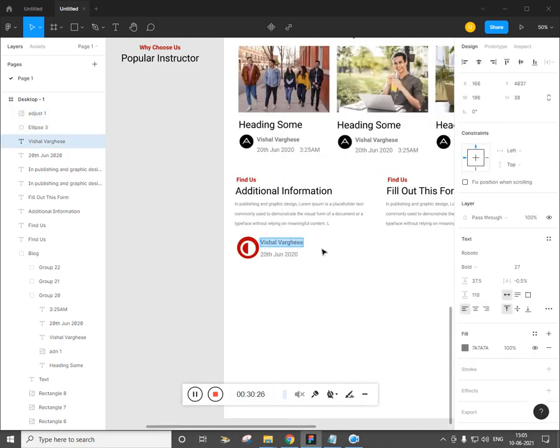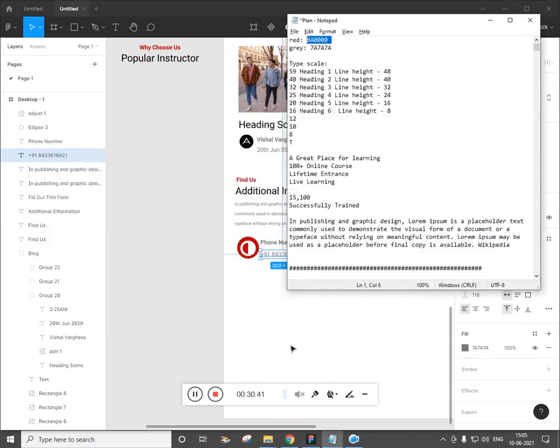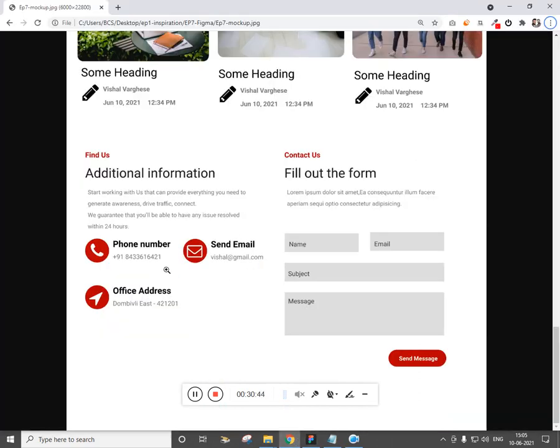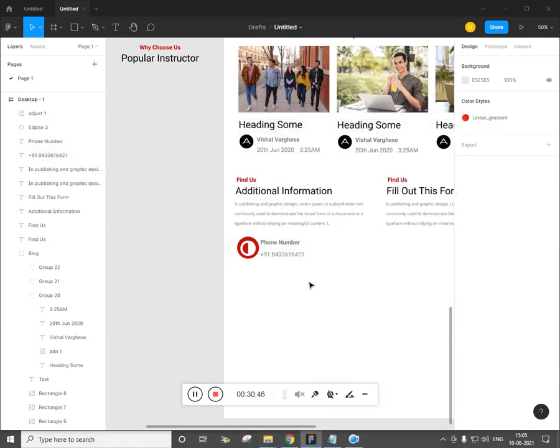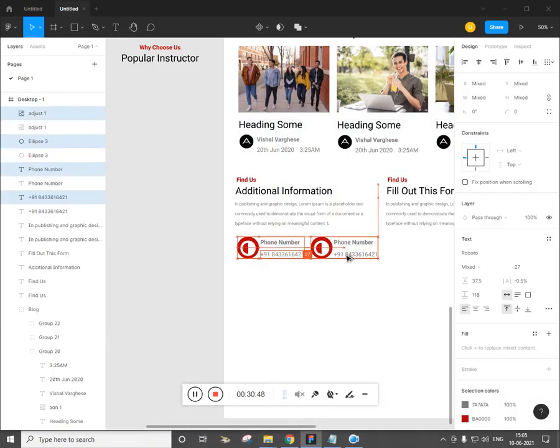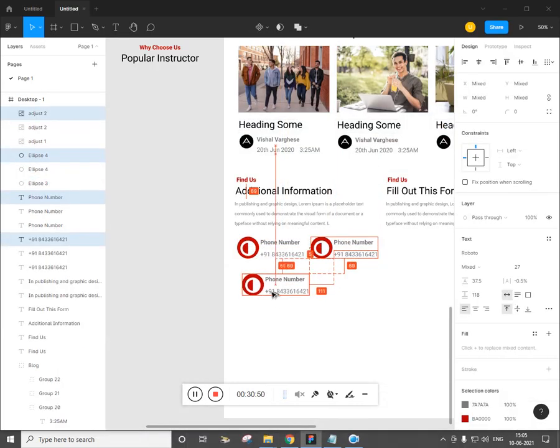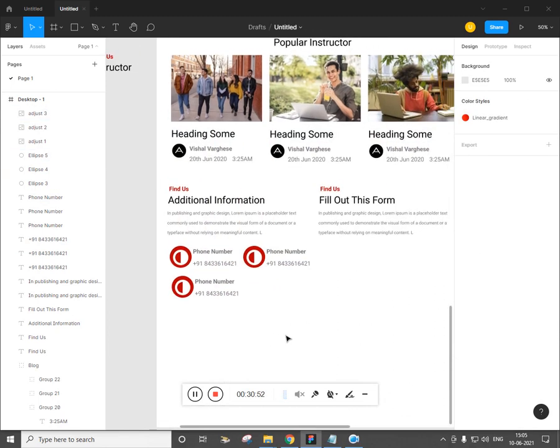Cool. And this is going to be the phone number, and you can type any number. Likewise, you can add an email and office address. I'm just copying it to save time.